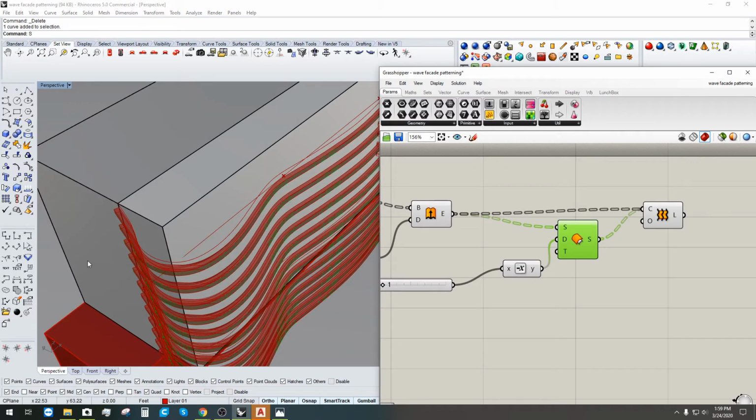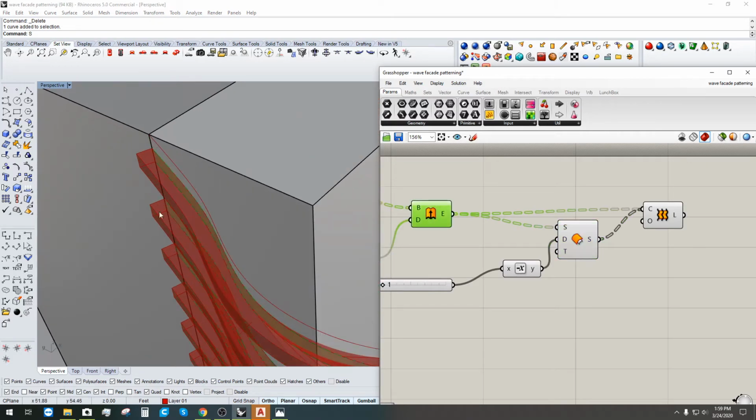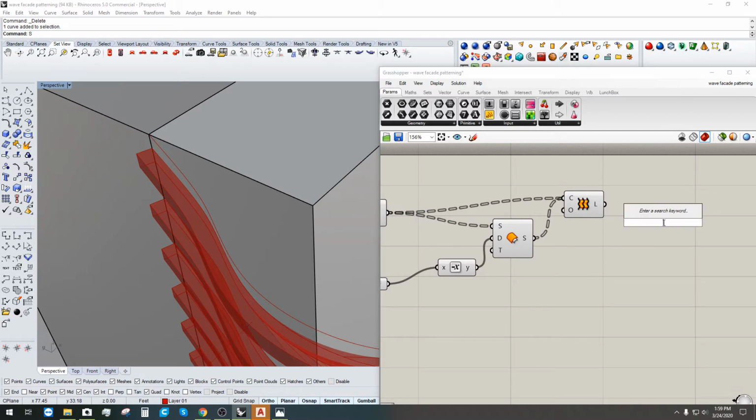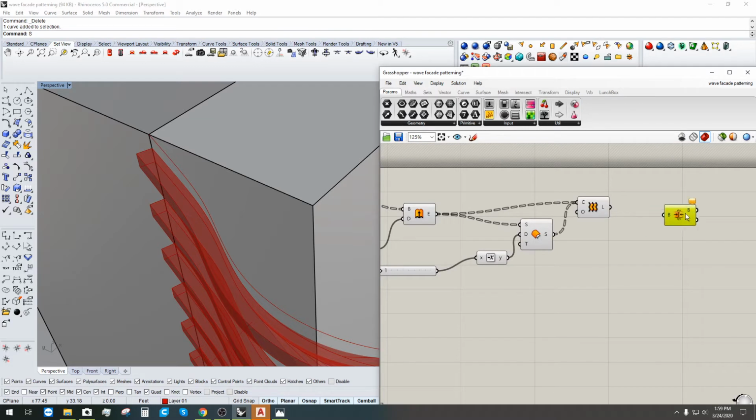and we have the outside surface, inside surface, and then the lofted one. And now we can join it together with join, brep join, and then we can plug all of these together,